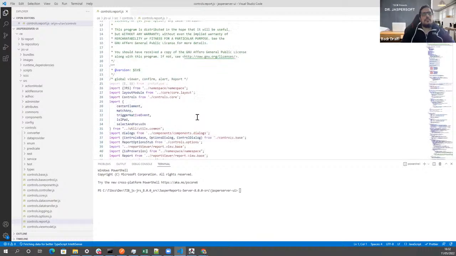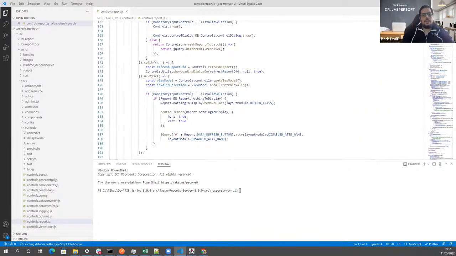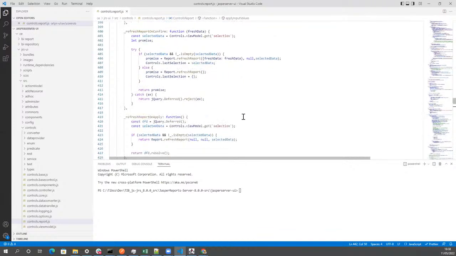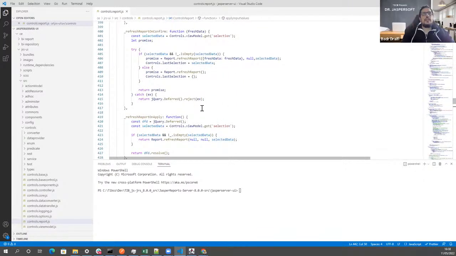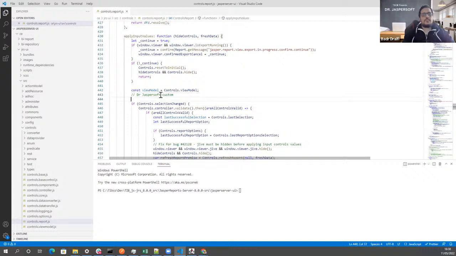And in this file, after Jaspersoft custom, I'm gonna